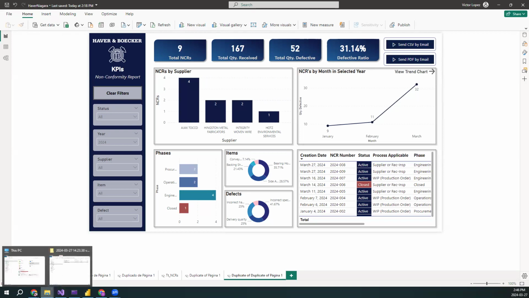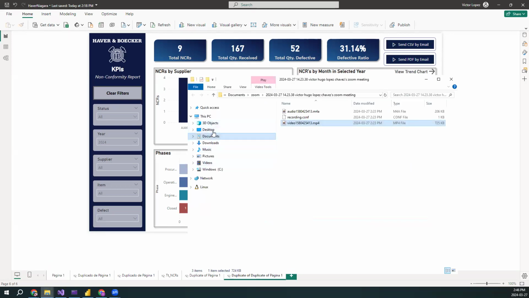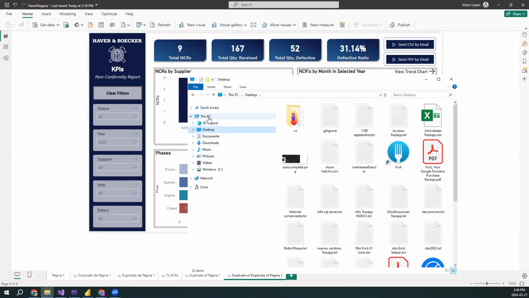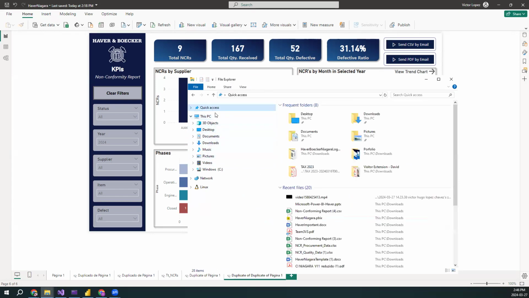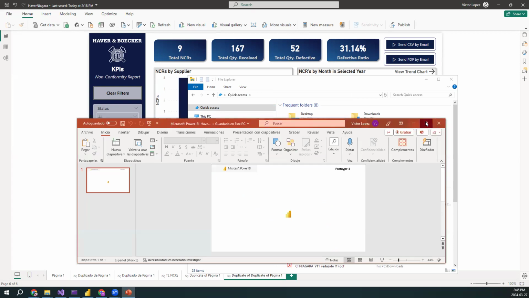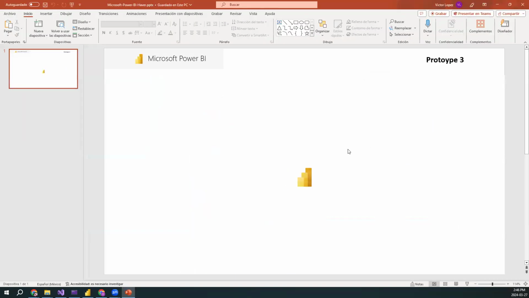So I did my own research and identified that there is one way to implement the dashboard using PowerPoint. In this case, we can open our PowerPoint. As you can see, the PowerPoint is loading,